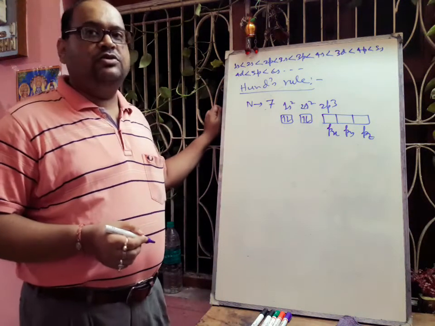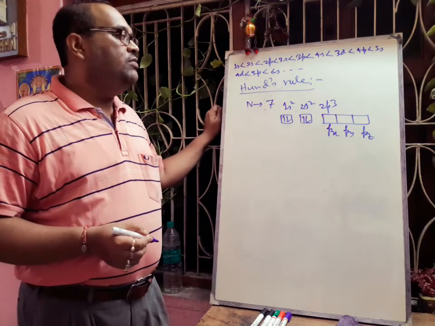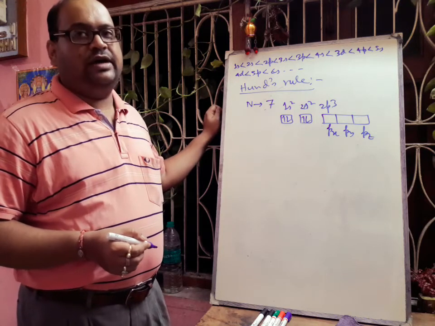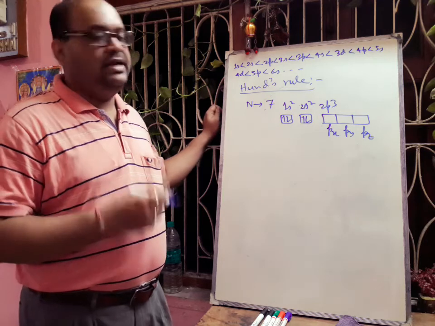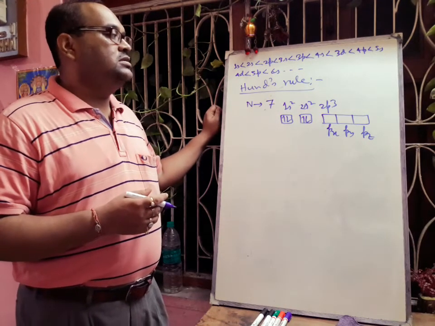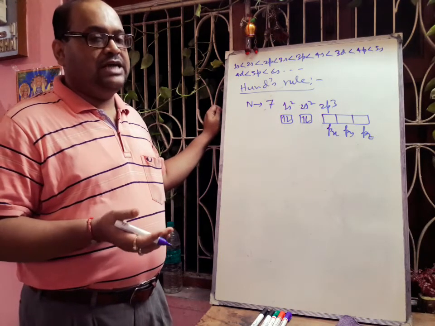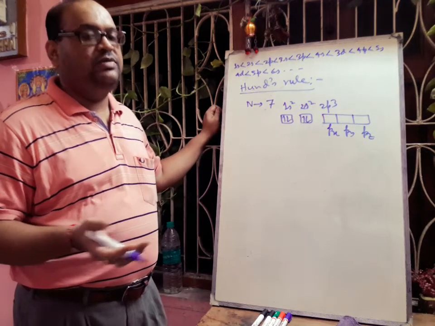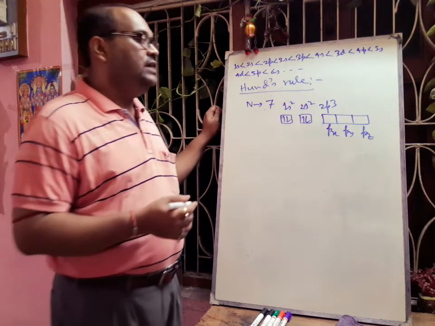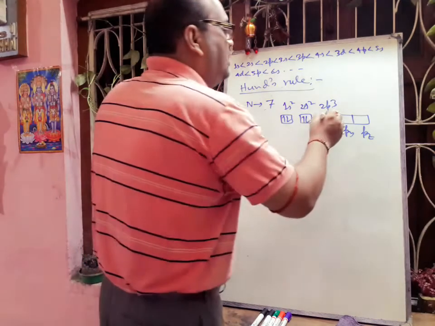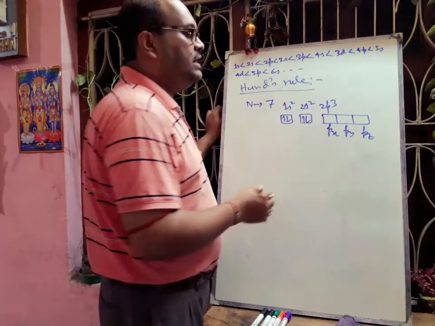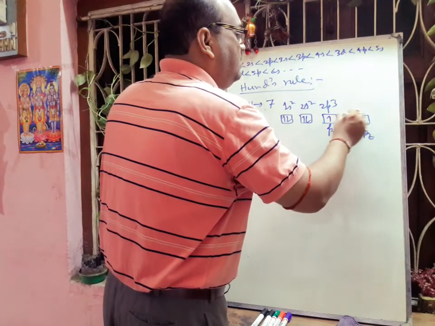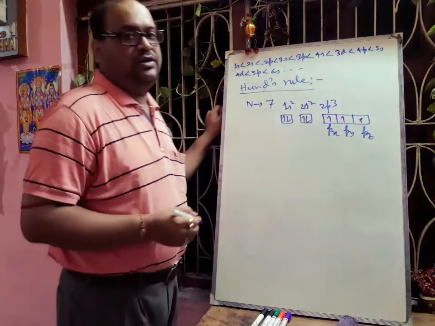Now according to Hund's rule, when we want to fill up electrons, first we have to draw the unpaired electrons. Why? Because you know that electrons are negatively charged, so they always try to remain as far apart as possible to minimize energy. So if there are 3 electrons in the p orbital, definitely they will remain unpaired in this way.